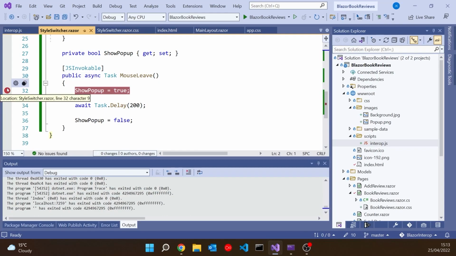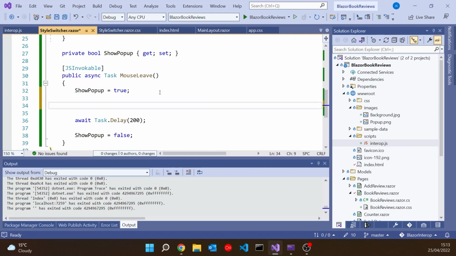So whenever we have something coming in from JavaScript or anything asynchronous, and we want to change a property which then wants to have an effect on what's rendered, we've got to do one extra little bit of work, which is after we change the property, we need to call a method on the base class for the component that's implicitly in there called StateHasChanged.